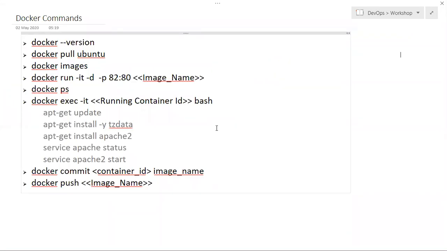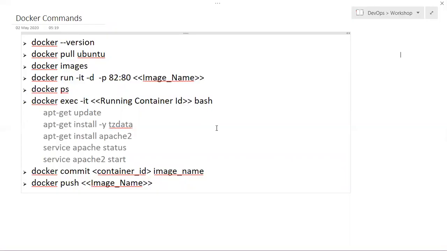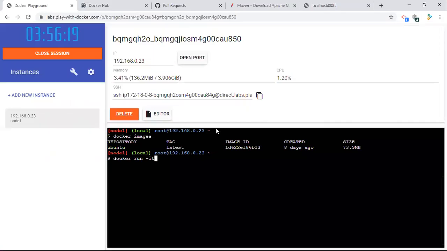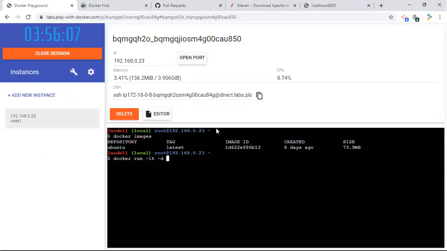Now I'm going to run that image. By default it will run on port 80, and you can change it to whatever port you want. Now, docker run. I'm not going to give the port now because the port usually comes when you run a Tomcat application. I'm not giving the port number, but this is the syntax: -p for the port. By default 80 is there. The image name I am giving is Ubuntu.